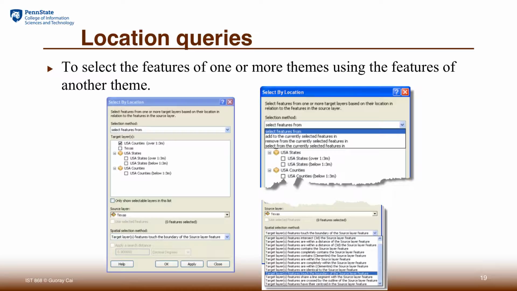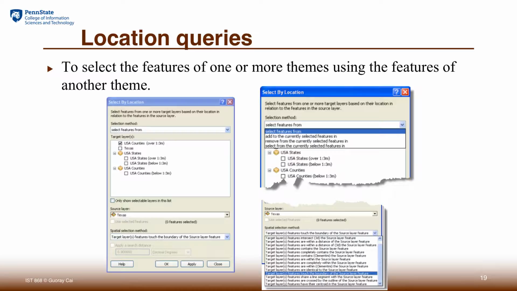And the last question you're going to have is what kind of spatial relationship you're going to use for the selection. When we do this analysis of what's inside, usually we talk about intersect, contain, or completely within. These are the kinds of spatial relationships we're going to deal with.